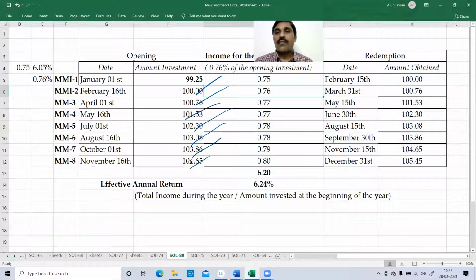Whereas discount yield and bond equivalent yield assume that this is the investment throughout the year. No, throughout the year my investment is changing continuously, because I'm reinvesting interest. Bond equivalent yield considers only this point, and discount yield considers only this point. They consider only that investment as constant throughout the year, but that is not correct. A money market instrument will not have a 1 year duration, it will be less than 1 year. In that case, when you roll it out, you will get more than that amount.